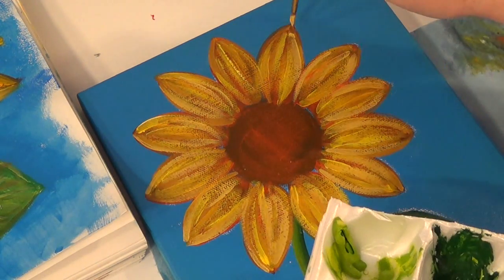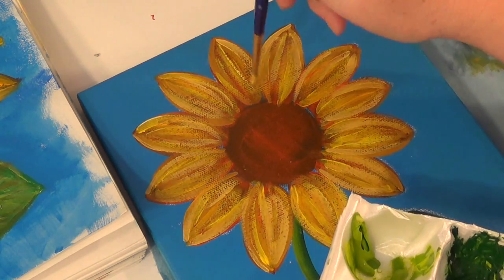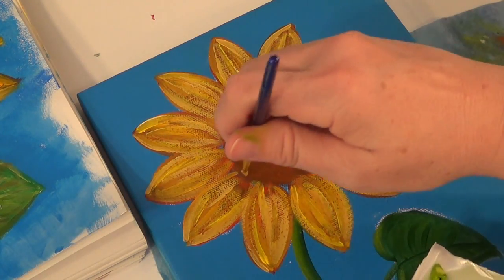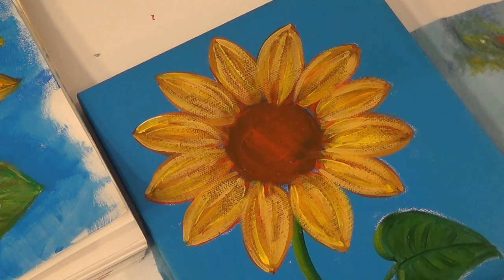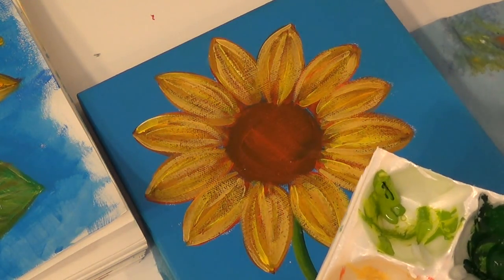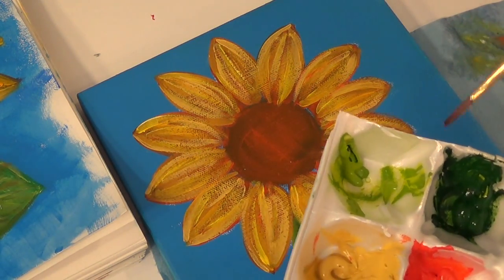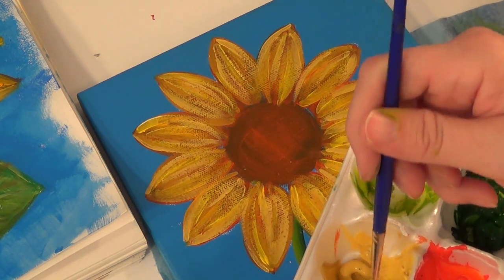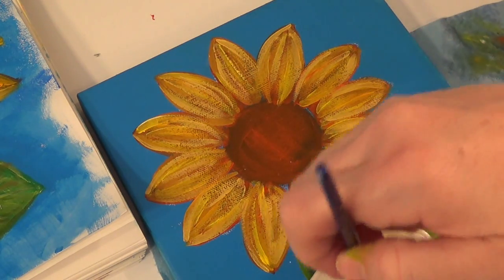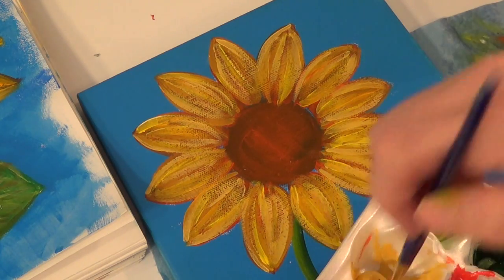So, like the other colors, this one is Naples Yellow, and I'm just putting a few on. It's pretty white, a creamy, almost off-white yellow. And then I've got white right here. You probably can't see it, but I'm going to grab a little bit of it on the side of a cup here and mix in a tiny bit of that brightest yellow. I don't want it to be super,